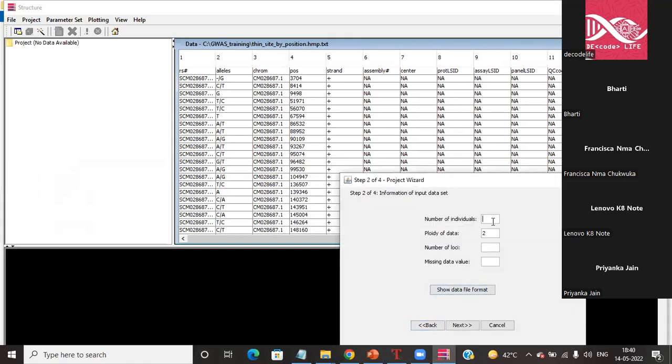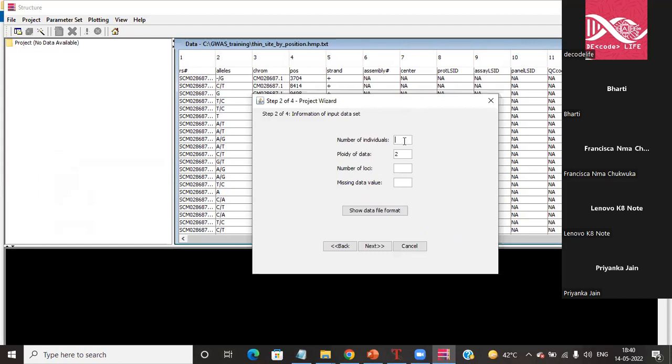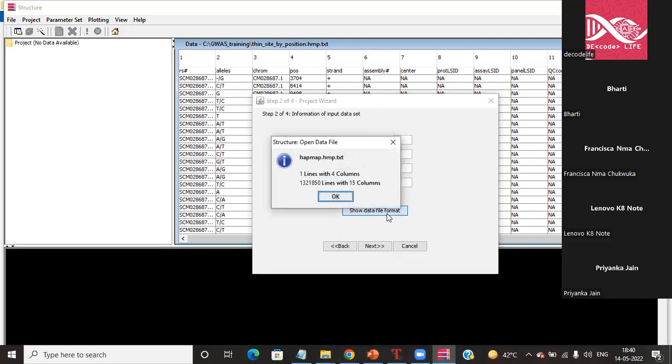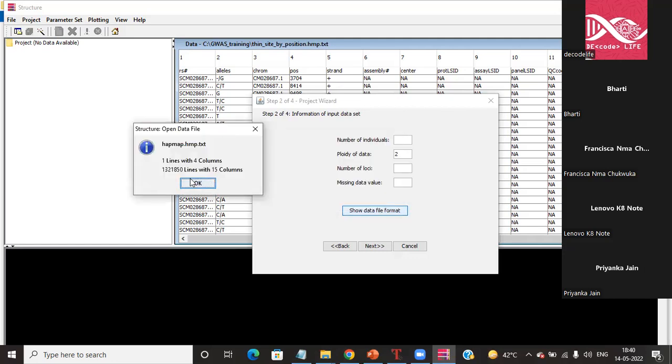So it is asking how many individuals are there in your data file. You have to mention it. How many individuals are there? What is the ploidy level? What is the number of loci and what is the missing value? You can ask it to show the data format. So it says that your data has 132180 lines and 15 columns. As we know that we have 4 individuals,